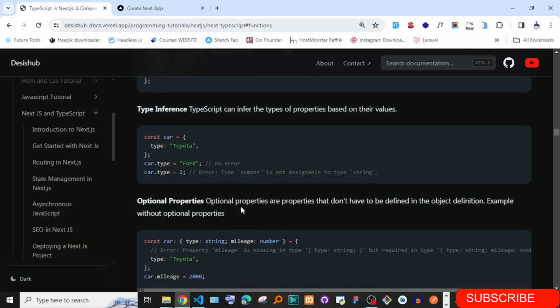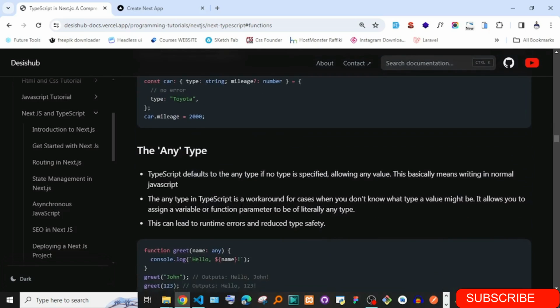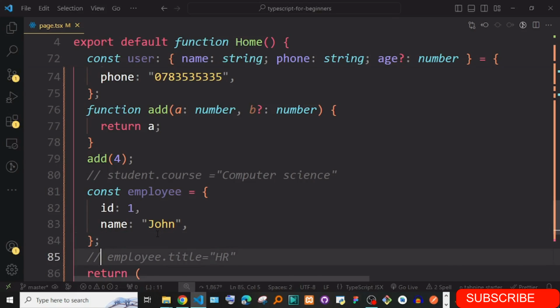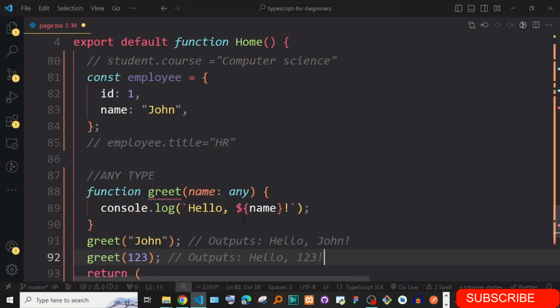So moving on is the any type. I talked about the any type a few minutes back, and we said you can actually explicitly just say any. Let's talk about it one more time. Down here, I'm just going to say the any type. What it means is, anything goes.